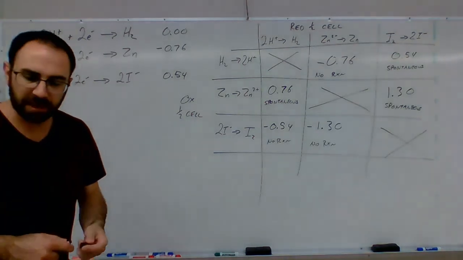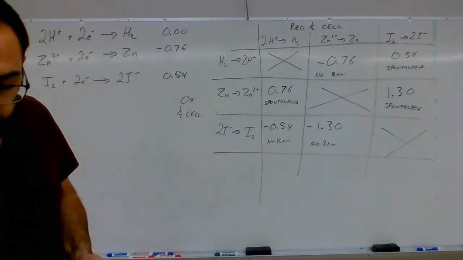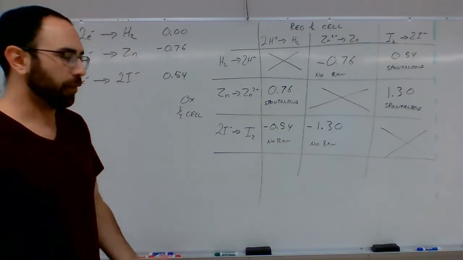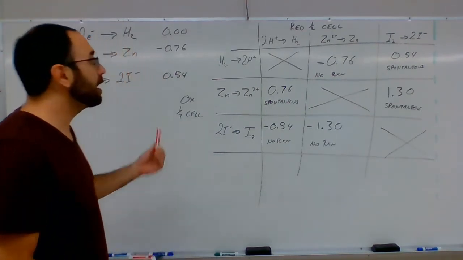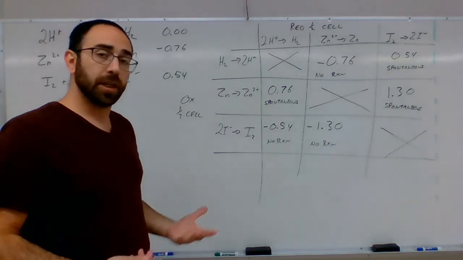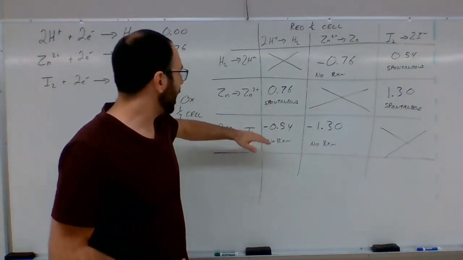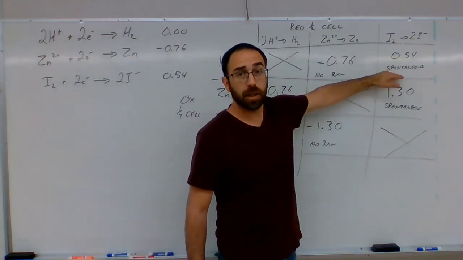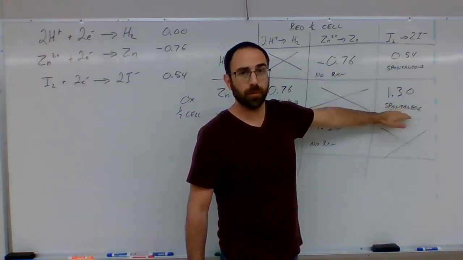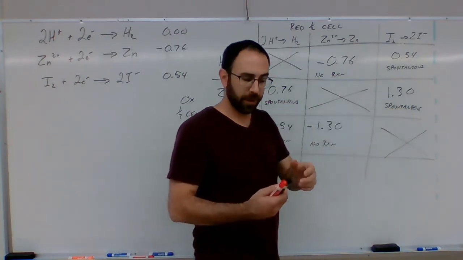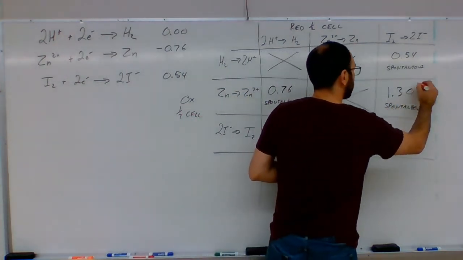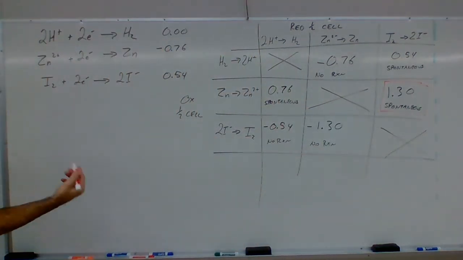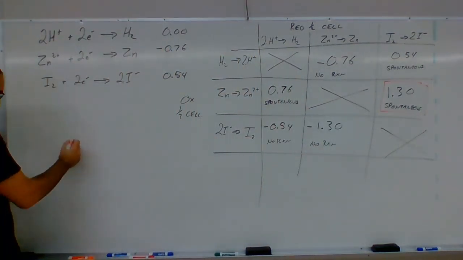Okay. Now, as we lead into this preferred reaction portion, the greatest voltage is going to be our most preferred reaction. In this example, we're only looking at the spontaneous reactions. I have one with a 0.76, one with a 0.54, and one with a 1.3, 1.3 being the greatest value. This here is the preferred reaction. So we would be looking at our overall preferred reaction being